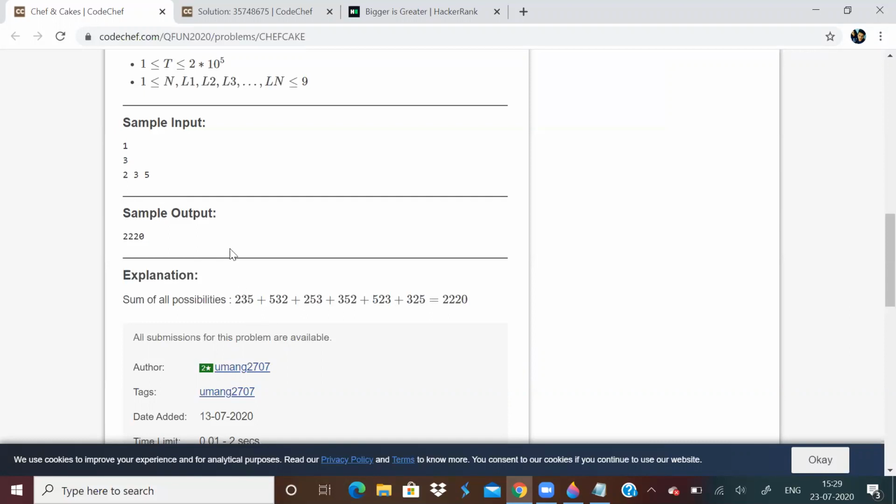How to find the sum? First, make it a number. How to make it a number? Keep multiplying by powers of ten. Increase the count and multiply by powers of ten. I hope you know how to make a number out of digits. It's easy, right? Like 5 into 10 power 0 plus 3 into 10 power 1 plus 2 into 10 power 2, like that. You make it a number and then find the required answer.